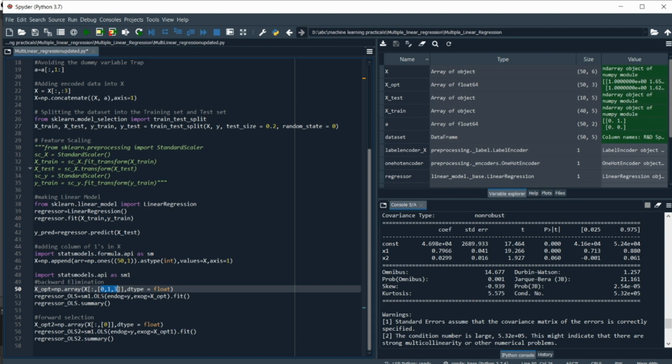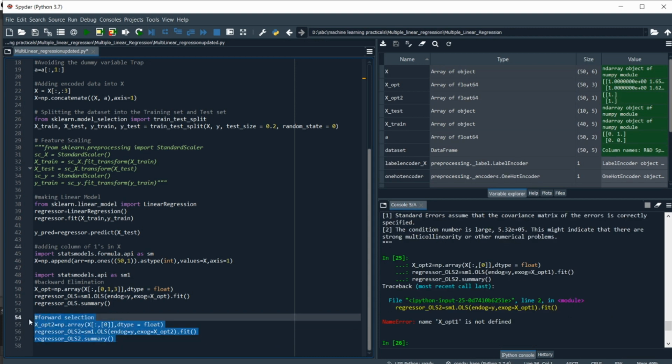Now this is all about backward elimination. Now we are going to start with forward selection. Now in forward selection we are going to start with one column, I mean with any one of the columns of our independent variable collection. So let's start with 0, and we are going to use the same code again, just we are going to pass here column 0, and then we are going to access its summary.